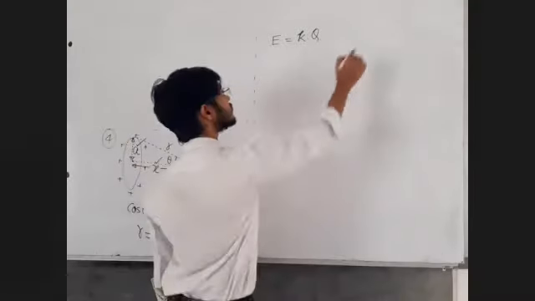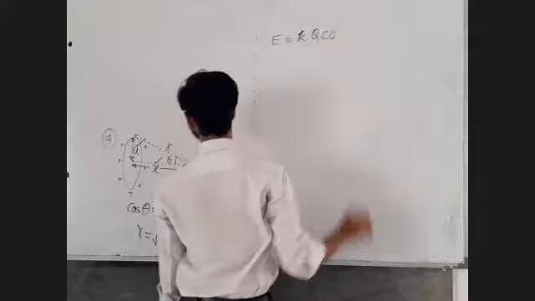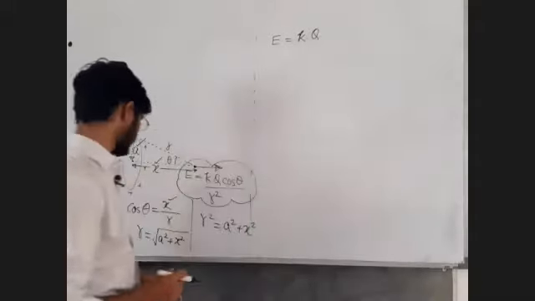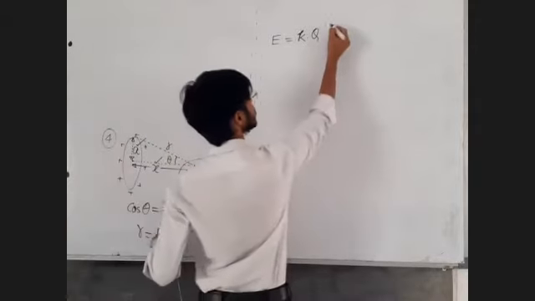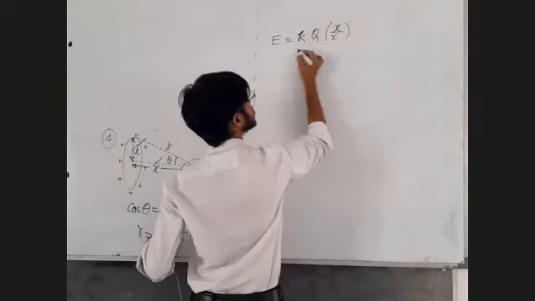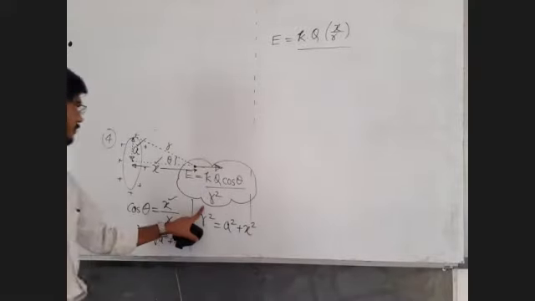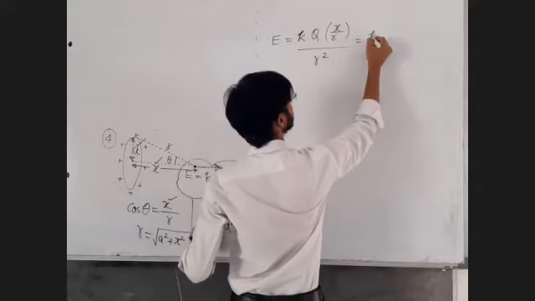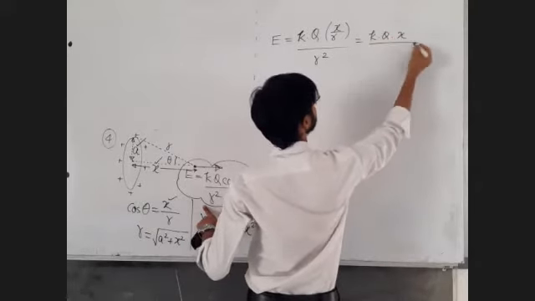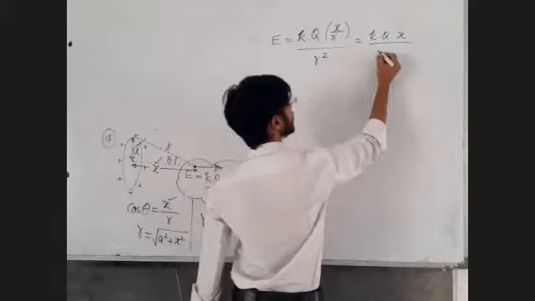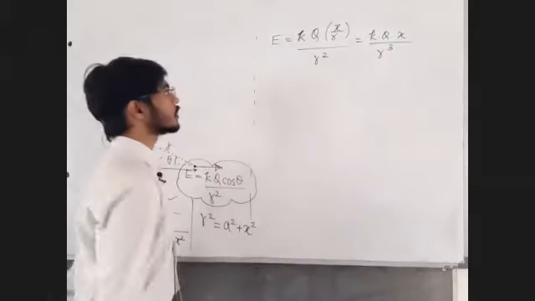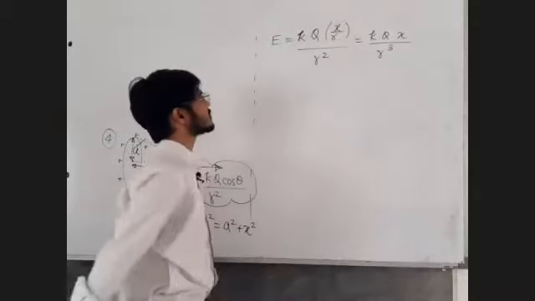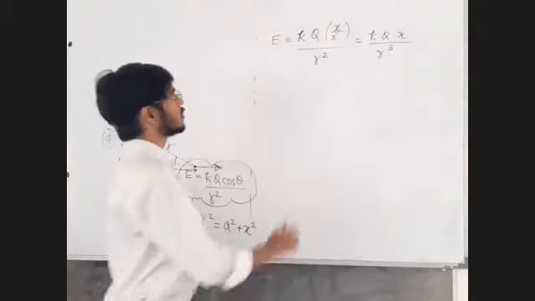But if we modify, what can happen? You just observe. I would like to replace this cos theta. What happens if I replace cos theta by x upon r? Adjacent upon hypotenuse: kq cos theta upon slant distance square r square. That gives me k into q into x divided by this r, and this r square will become r cube. So k q x upon r cube. Another formula. We won't be remembering that, but we can derive that as per the need, just by replacing the cos theta. Fine, let us continue.